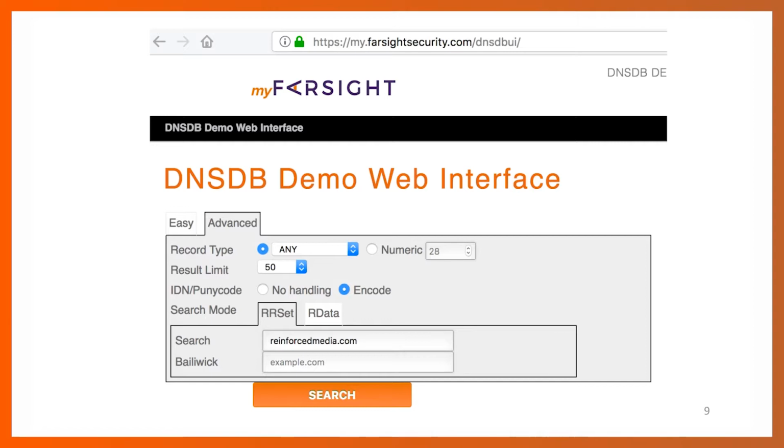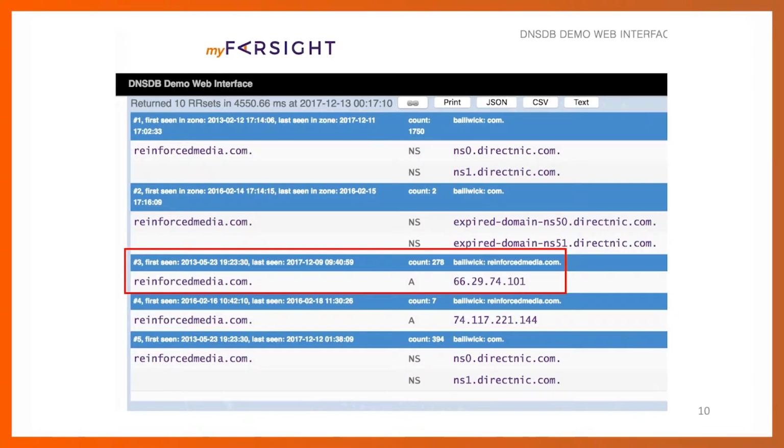This is what the opening page for the DNSDB web interface looks like. It has an Easy tab and an Advanced tab. We'll go right to the Advanced tab today. You'll notice that we've typed in reinforcedmedia.com in the search field. If we then hit the search bar at the bottom of the screen, we'll be able to see some results from DNSDB. In this case, we found 10 answers for that query, including one answer that actually points at